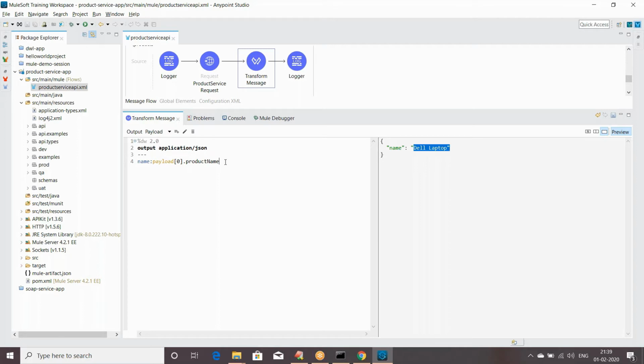In a similar way, can I take other values? You have to put a comma after each element. So if I want to take a product ID, I'll use ID. This name can be anything. Then payload, which right now we're retrieving from the first element, product ID. So it has given some error because,